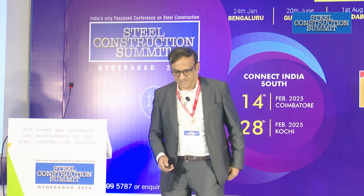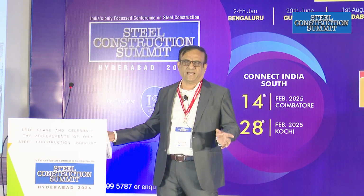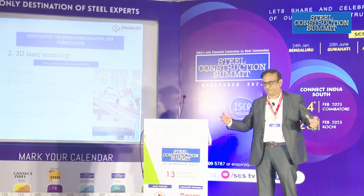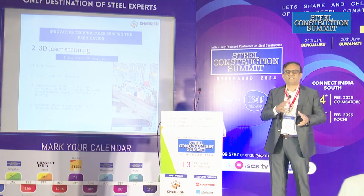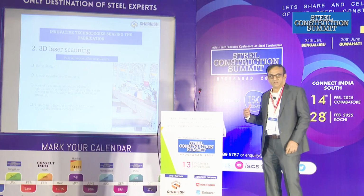Now, how do we use this BIM as we go forward? One technology that has come is 3D laser scanning. 3D laser scanning has been used elsewhere in the world, mostly in the construction segment, where they scan the entire building or a portion of the building, connect that with the other processing facilities, and then see if there is any problem associated with them. Now, how can we use this